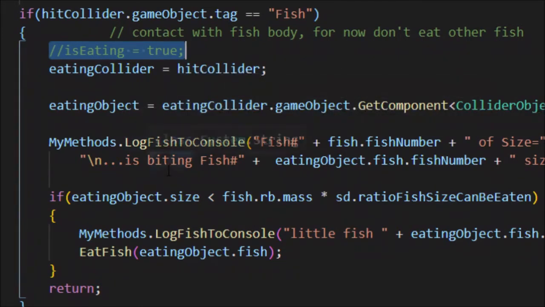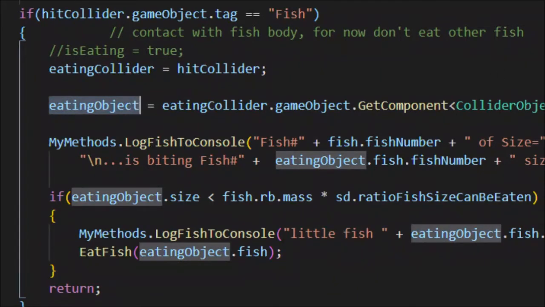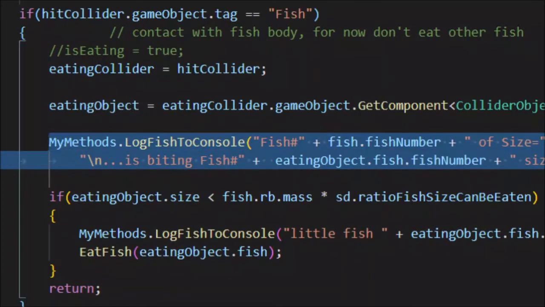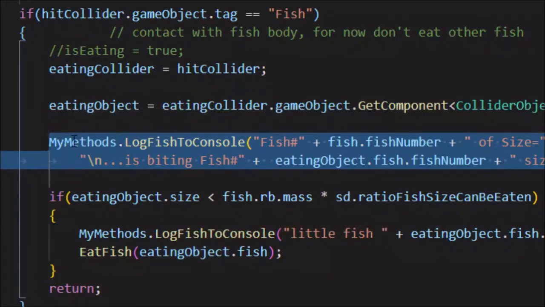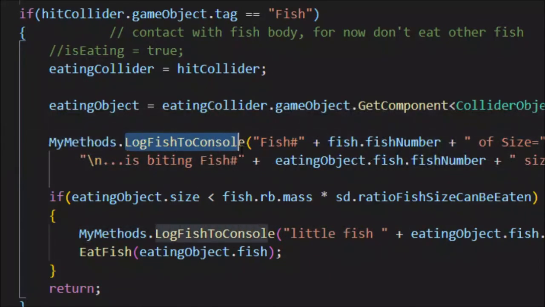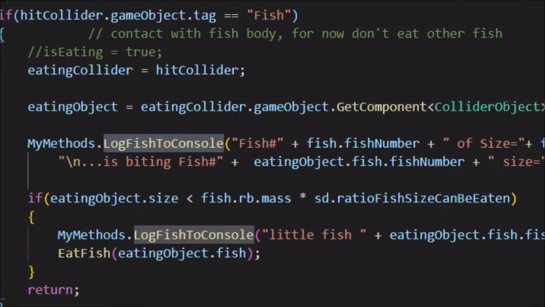Anyway, then I set an eating object as the collider object, so I can use this eating object to look at the collider object of the fish that's being bitten. I log all that using that right there, and I actually changed this a little bit. I created a new method in my methods called log fish to console. It's just like the logging to console that I always have used, but I didn't want everything to get written to the console. So now it only writes to the console if,